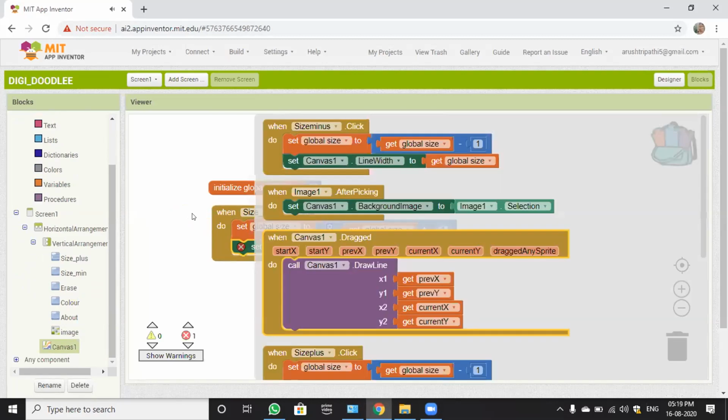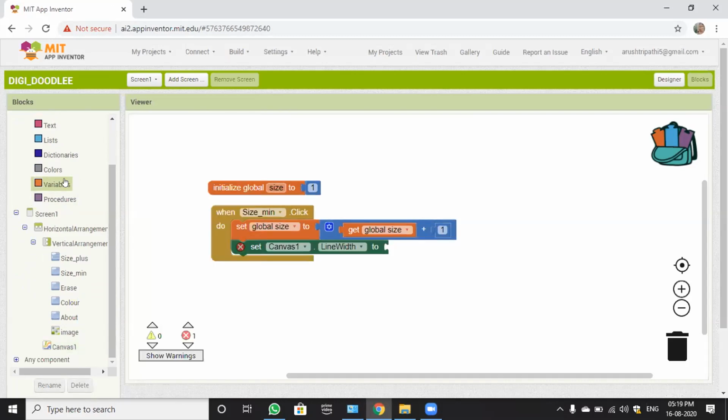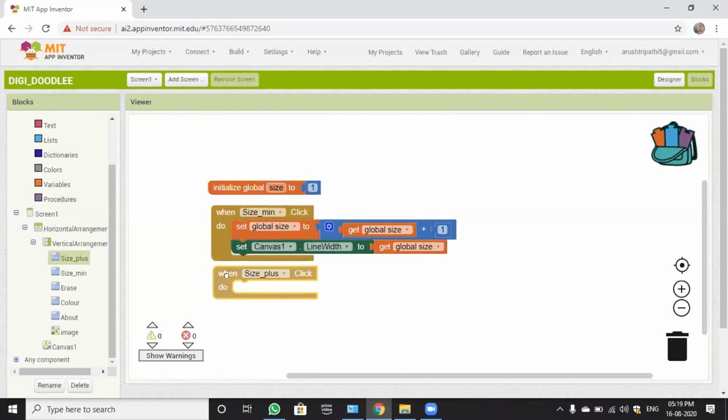Okay, so is everyone done? Now take a getter. In the variables, take a getter and click on this arrow and you will get global size. So the coding for size minus is done. Now click on size plus. When size plus dot click,